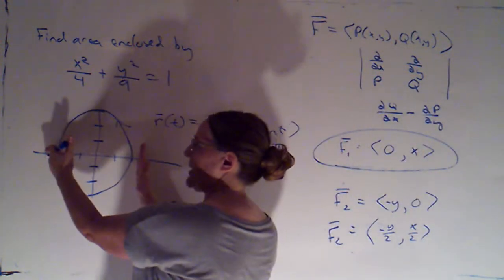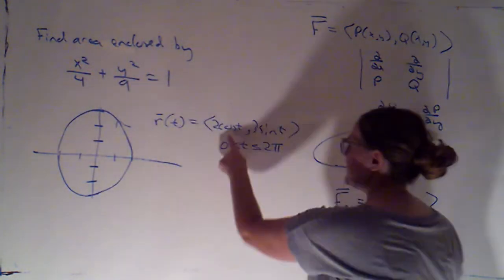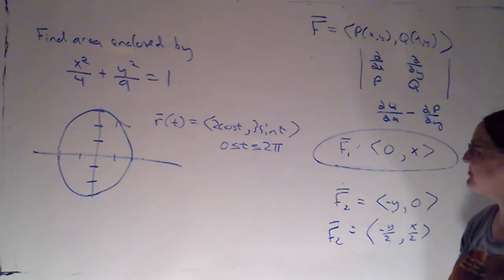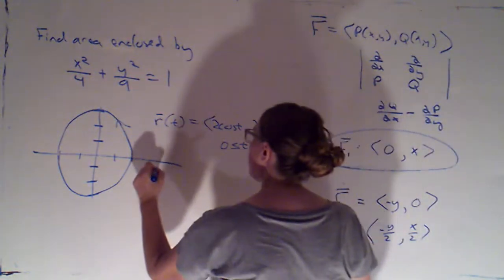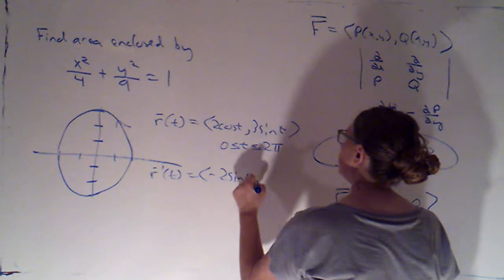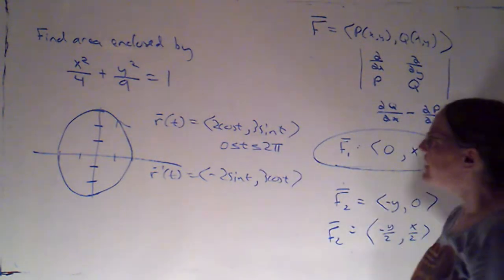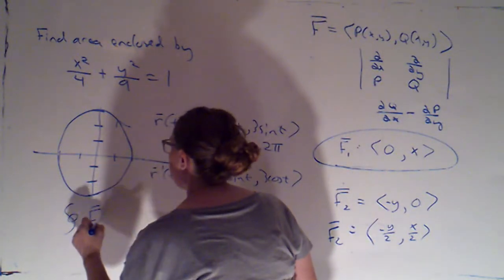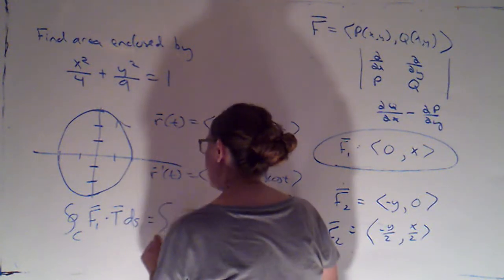I've stretched x by a factor of 2. I've stretched y by a factor of 3. To make sure that it's counterclockwise, I've got the cosines in the x position. Okay, excellent. So then r prime of t would be negative 2 sine t, 3 cosine t. And so if I wanted to integrate around c, f1 dotted with t ds, I know that would be the